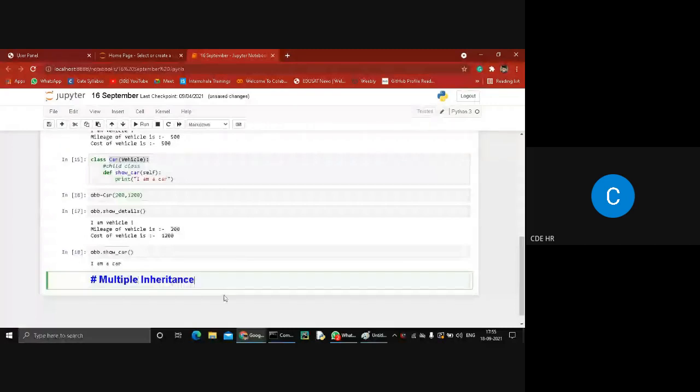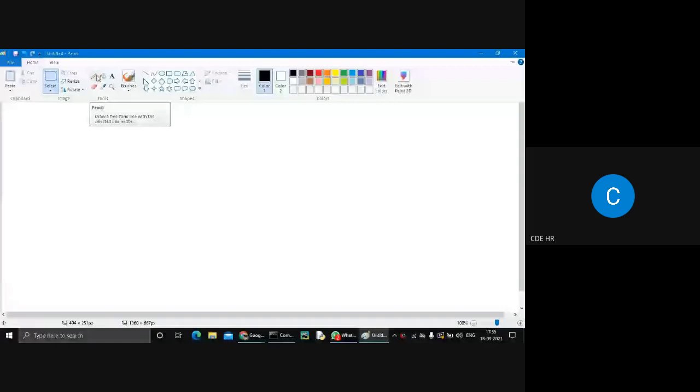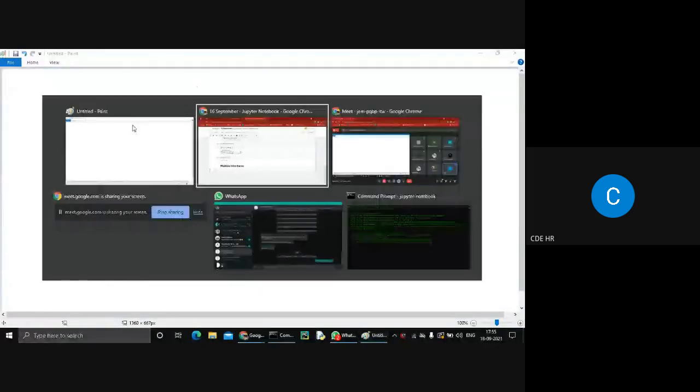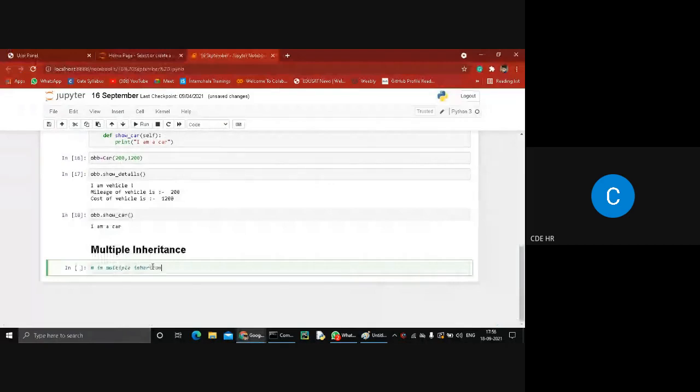To understand exactly what multiple inheritance is and how it works: in multiple inheritance, the child inherits from more than one class.